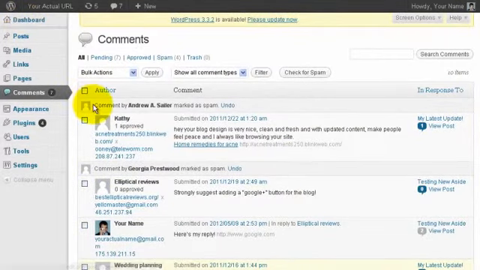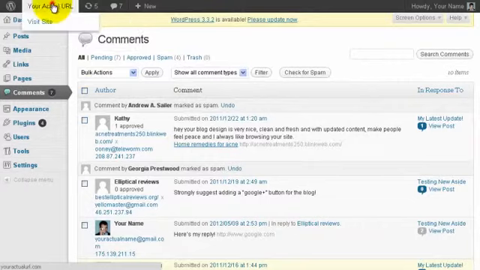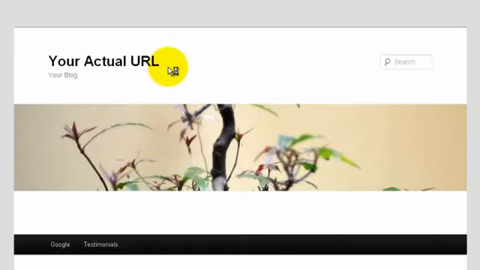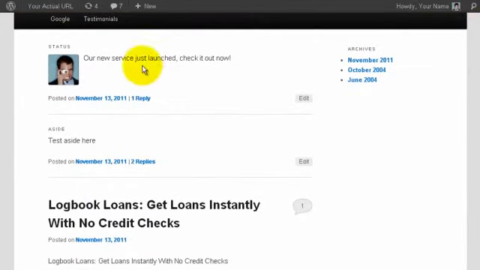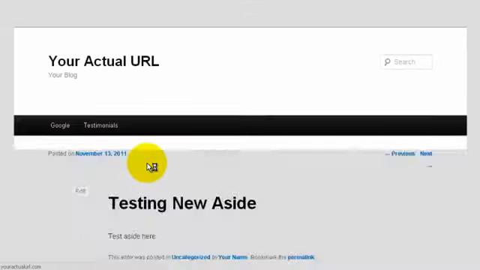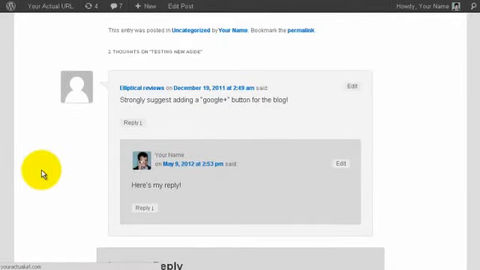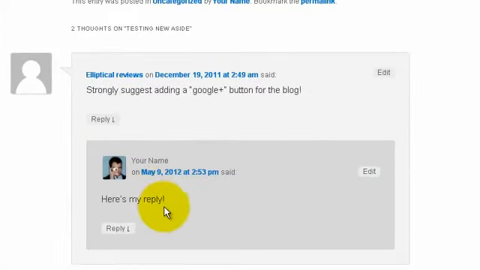Now let's go to the blog, and you can also manage comments by looking at your blog. Alright, so in this case there are 2 replies to my comment. Okay, so this is the comment that I just replied to, and as long as your WordPress theme supports nested comments,